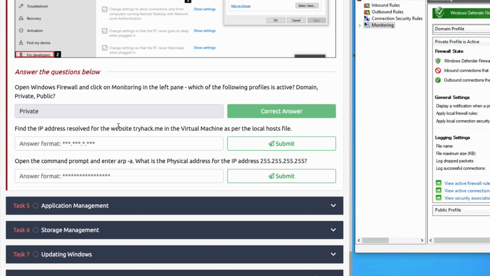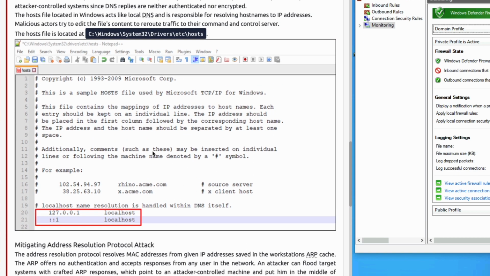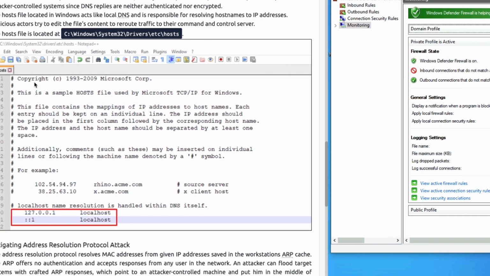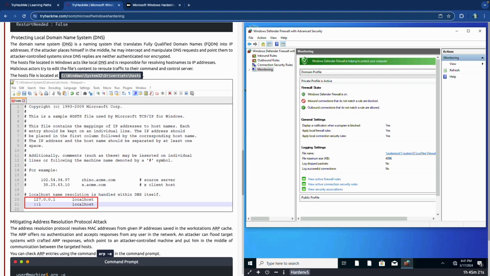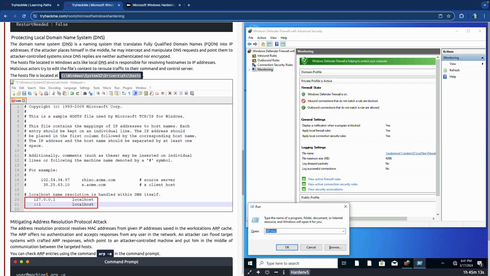And so the next question here is: find the IP address that's resolved for the website TryHackMe in the virtual machine as per the local host file. So we need to now go inside this text file right here, which is for C yada yada yada. So I'm going to go and run this thing right here. So I'm just going to do Run, and we're going to type that in here, C Windows